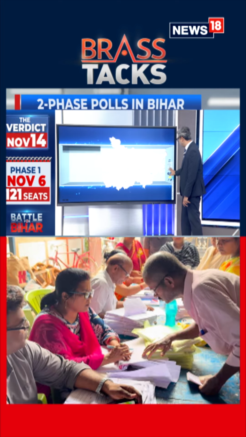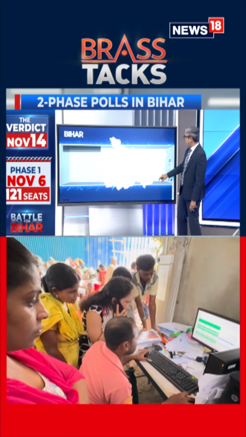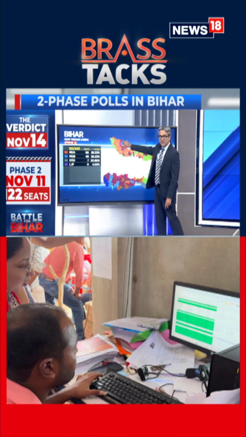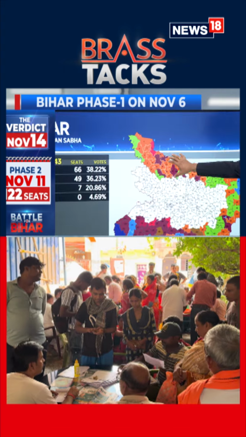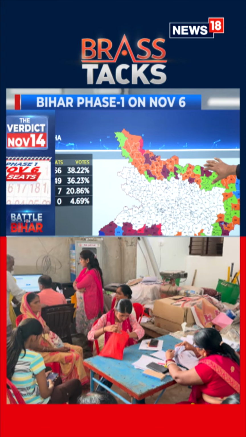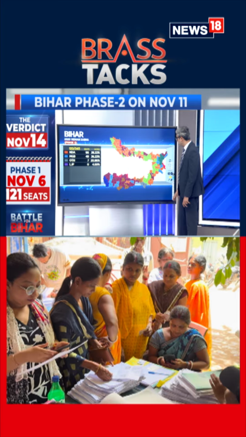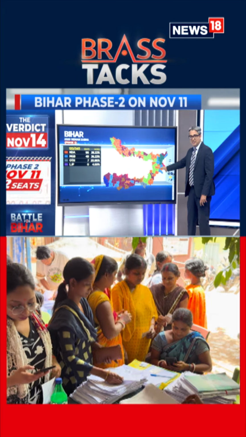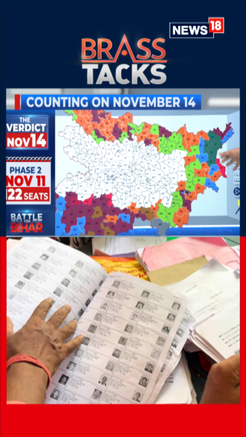And then you have phase 2, which again, this time around, again is interesting because it's got a whole bunch of these border seats. So Mithilanchal, the Champaran seats, and then the Mithilanchal seats. All of these, this is the border with Nepal, so it's a porous border. It could have an impact on these border seats. And then you have the border seats on the eastern side in the Seemanchal region. This is Araria, Purnia, Katihar.